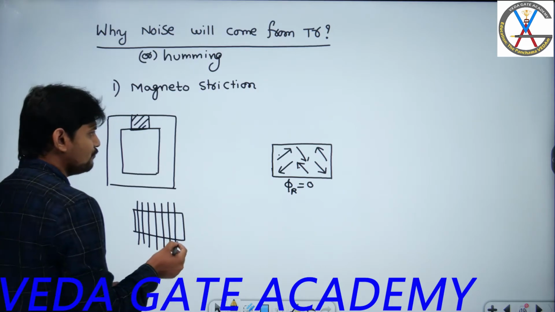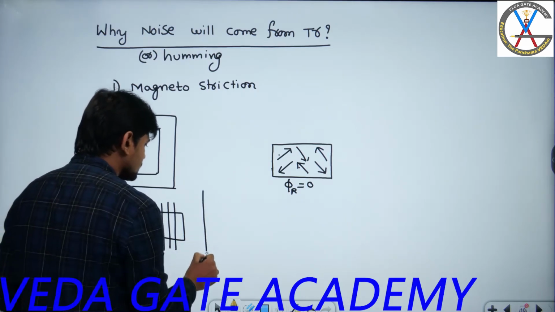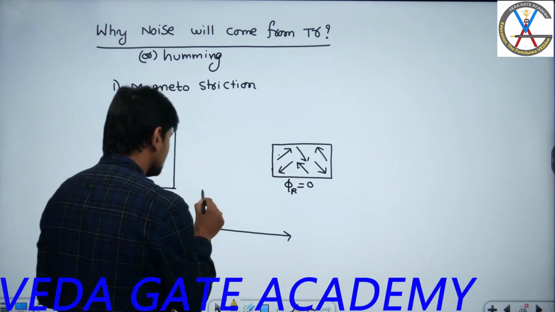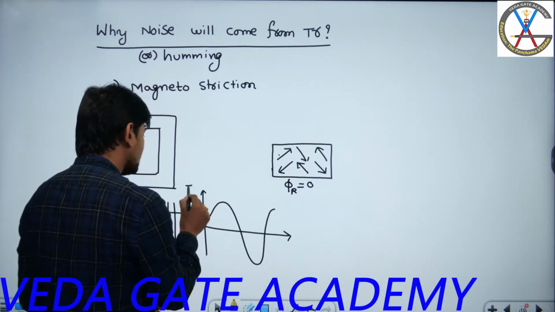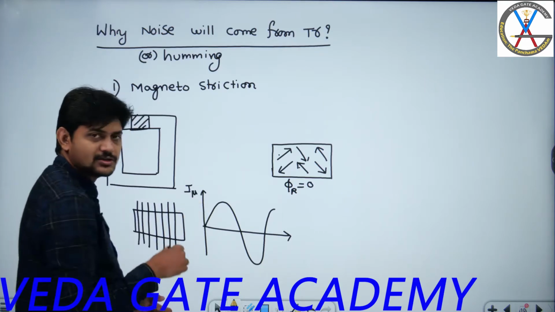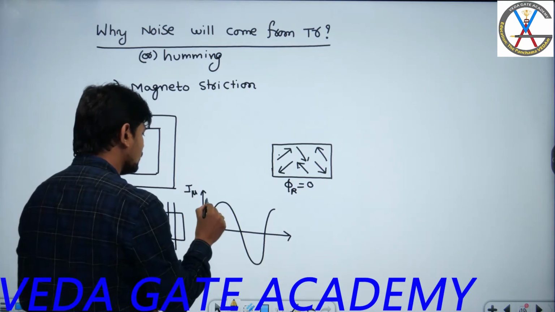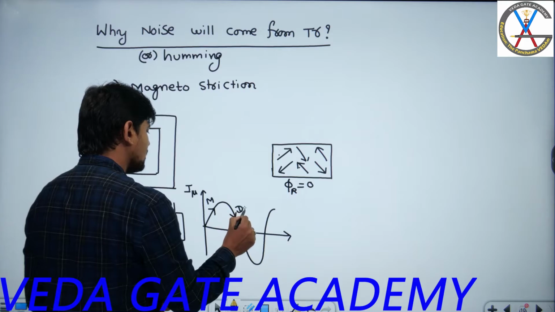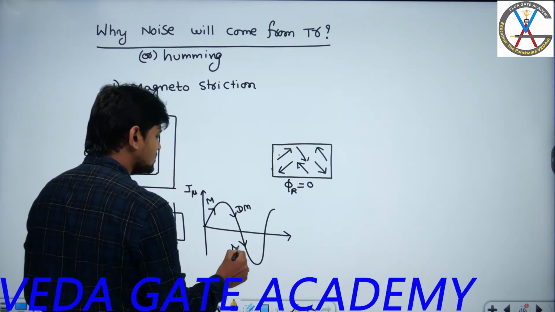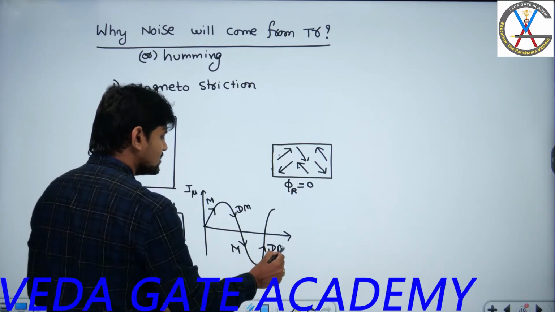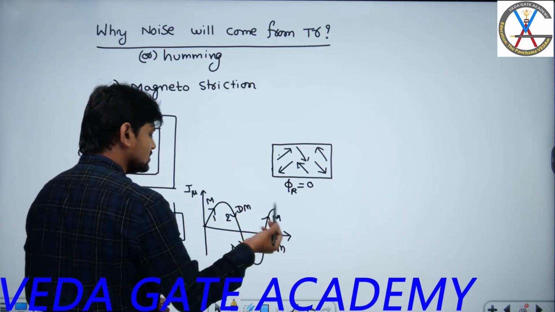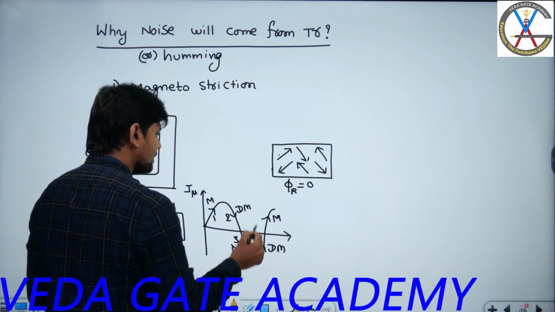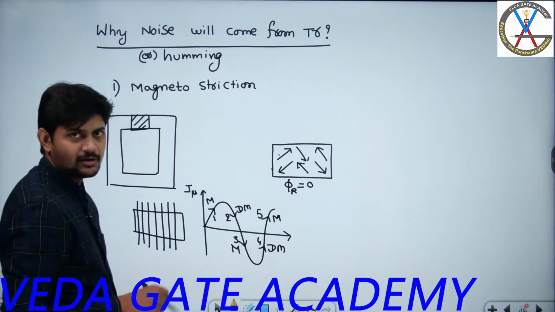Now we have explained in such a way that we have taken one alternating magnetizing current. So the MMF is also alternating in nature. So this is undergoing the magnetization process, demagnetization, again magnetization in the reverse direction, demagnetization in the reverse direction. Again in the 5th quarter cycle, the same process will be repeated. This is what we have discussed right now.